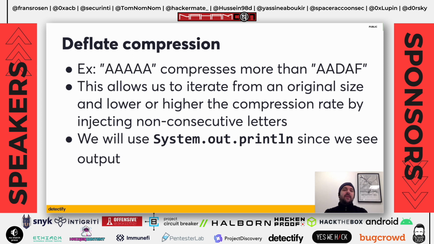Deflate compression is basically a very basic algorithm of trying to find patterns that you can repeat and then trying to shorten it down. This is my guess, right? I don't exactly know how it works. But the end result is basically that 5ace compresses more than ADAF, for example, because you can say that it's